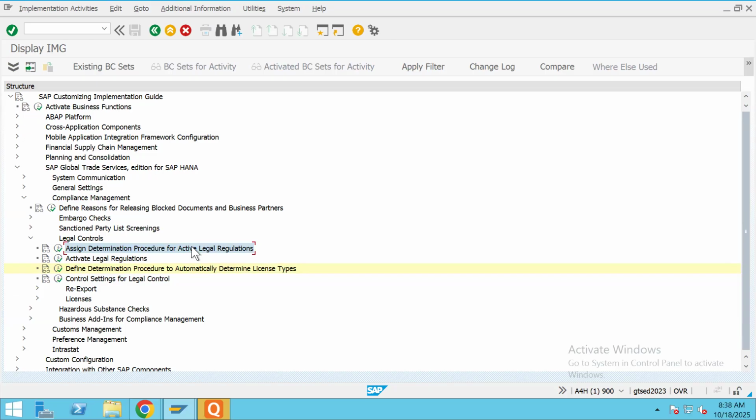What is this procedure, where do we define it, and why do we need to assign it here? What does it contain? Okay. So basically, every time the system performs the screening, each and every time for every application area, for each and every transaction,